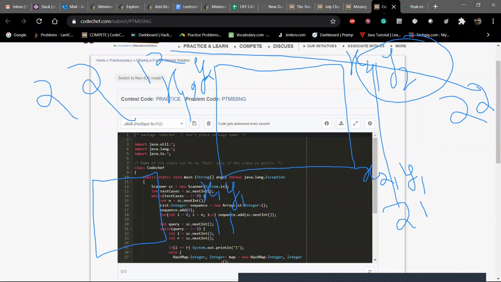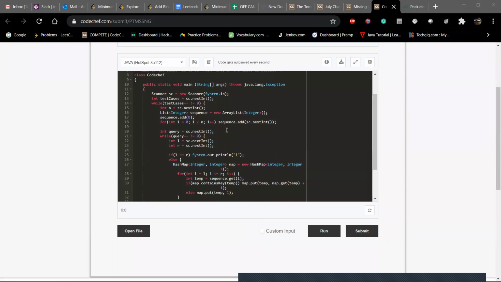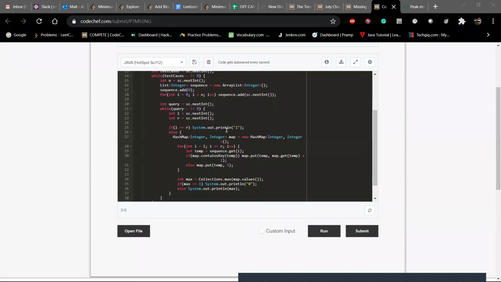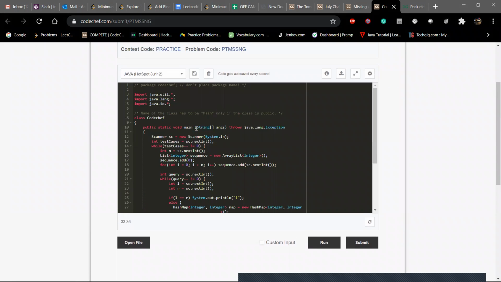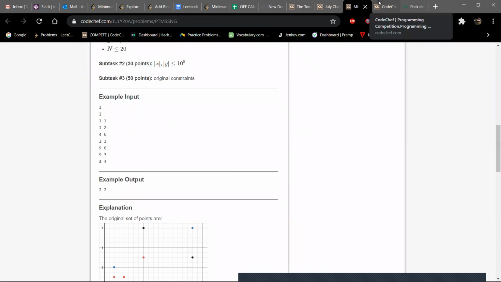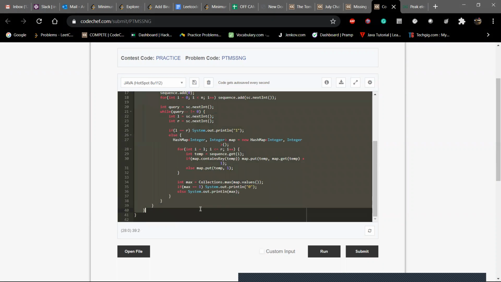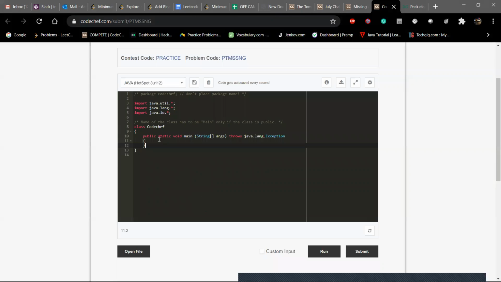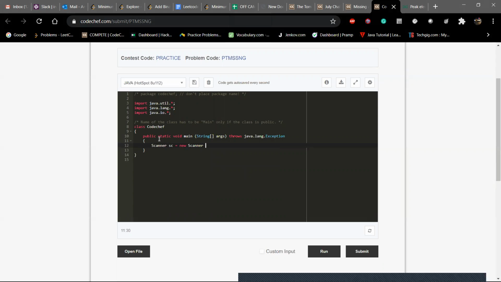Okay, this is the code, and it is easy. I use the Scanner class for input.